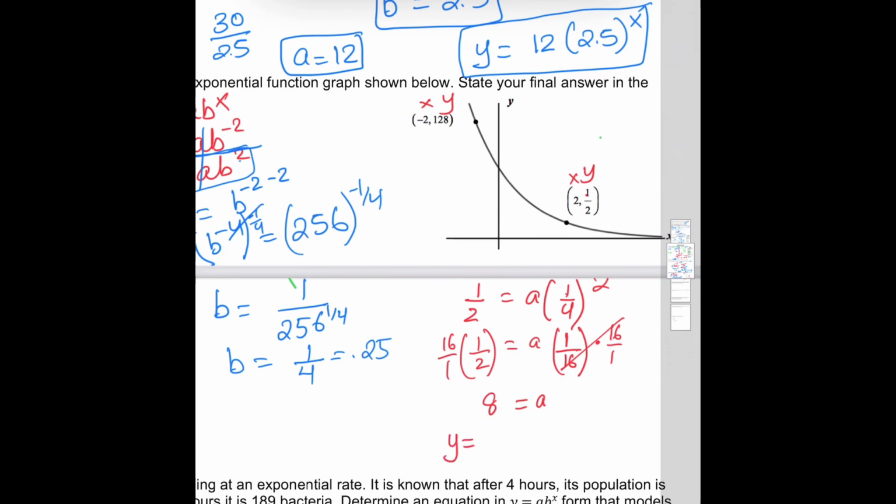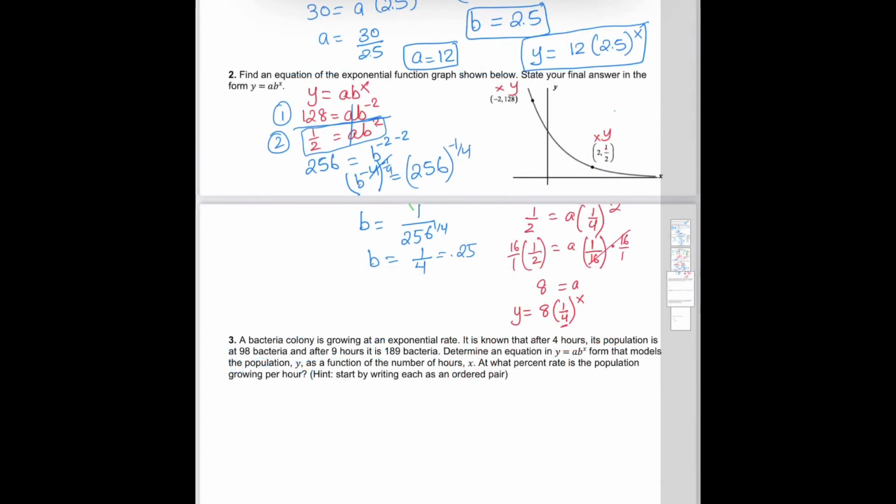I had my b to be 1/4. So my equation is going to be y equals 8 times 1 over 4 to the x. And look at this, your b is between 0 and 1, right? It's a number less than 1, and this is a decay, which we already noticed, right? So finish up